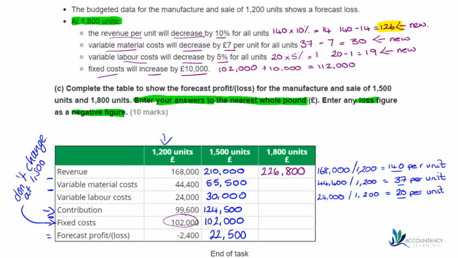Variable materials is going to be our 1800 units, and we're going to times that by our new £30 per unit to give us 54,000. Variable labour, we are going to be using our new cost of £19 per unit, and that's going to give us